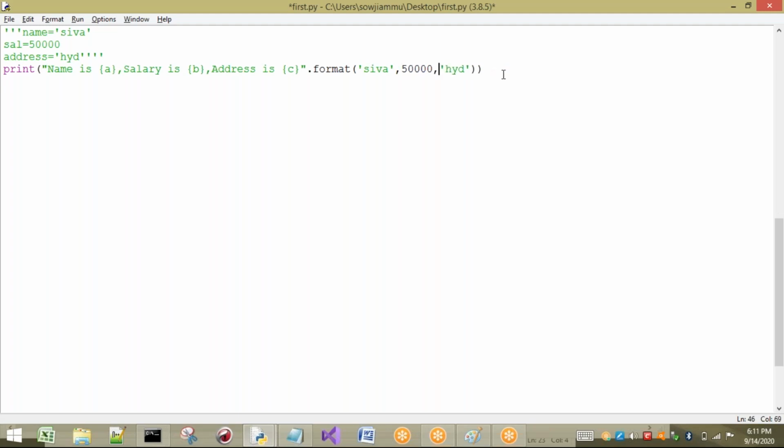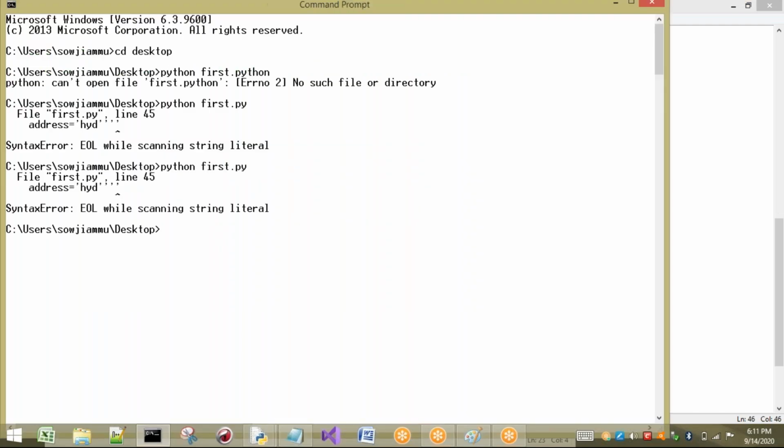I will remove these names and directly I will take. So this is at which index? 0th index. This is the first index, and this is the second index. So I will just place indexes: 0, here it is 1, and here it is 2. Now I will try this one. Again, it is showing some error. Sir, comment problem. Yes? Comment.